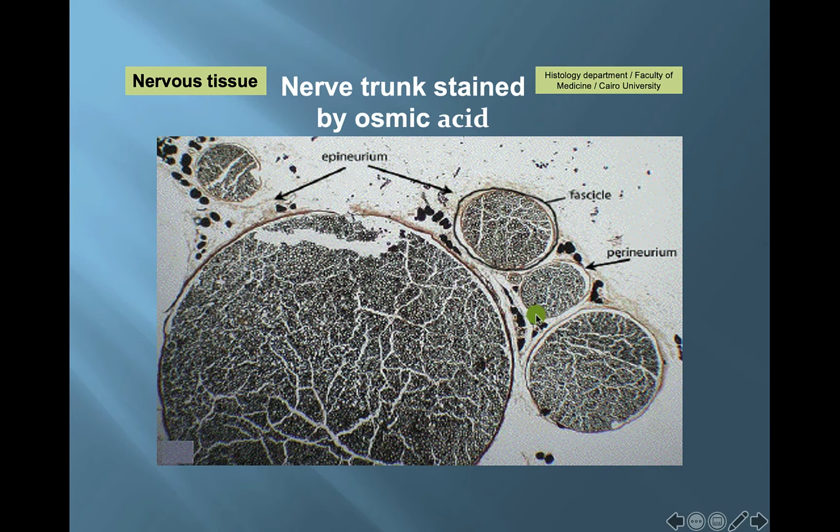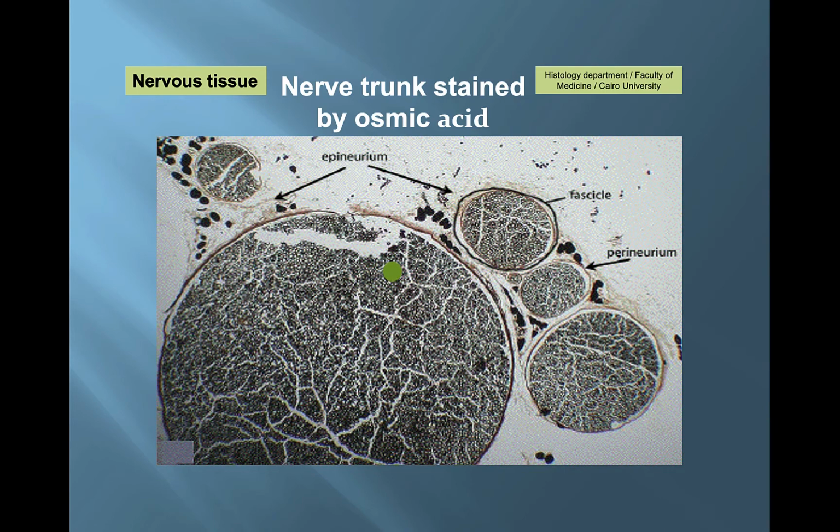These are the bundles, and inside we have the nerve fibers, and the white areas in between represent the endoneurium, while these dark circles represent the myelin sheath